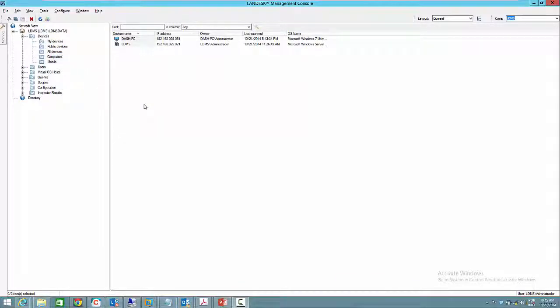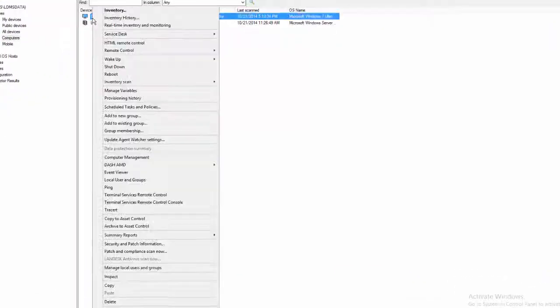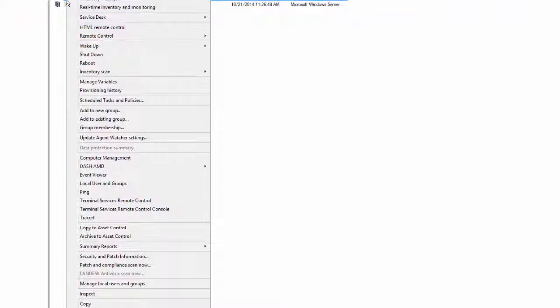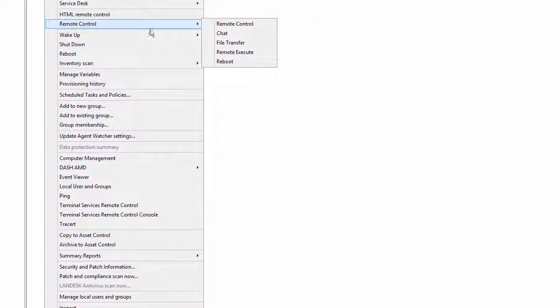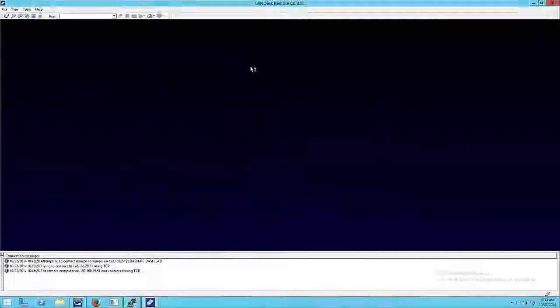Now that the computer is up, we're going to demonstrate some functions that we have here when the computer is up. So in band, we can remote control this computer. We can open a chat with the end user. We can do a file transfer. We can execute something remotely down there, and we can reboot this computer. So right now we're going to remote control it,